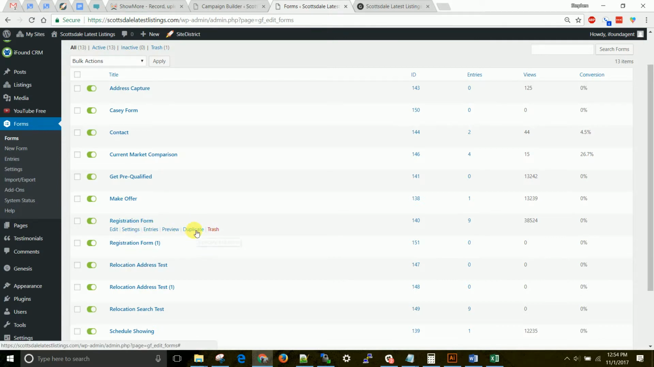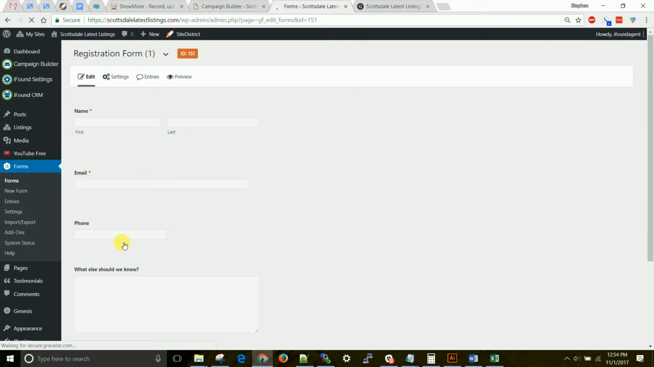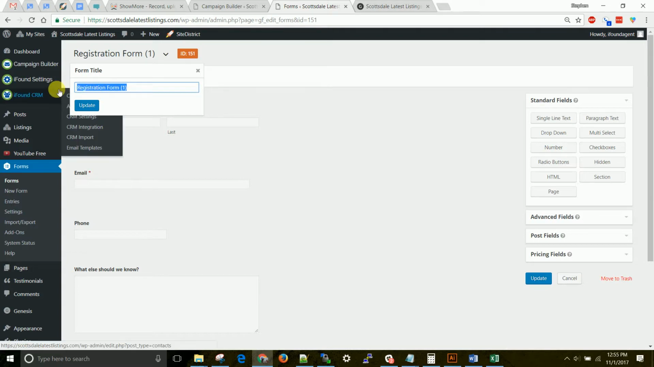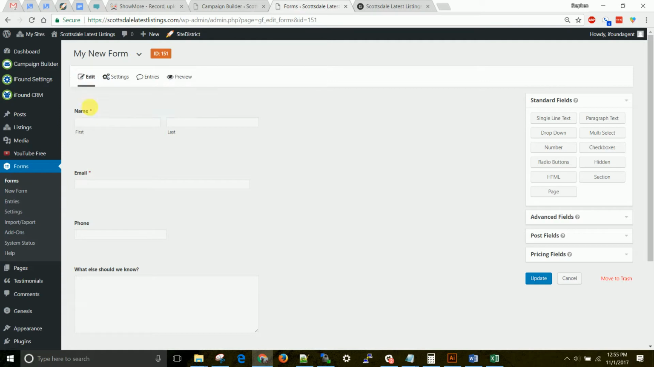So I just hit a duplicate button. That's how it comes up when I hover over this registration form, and it came up with a new one, just registration form 1. So if I want to go ahead and edit this form, I can. If I just click on it, I can change the title by clicking here and just saying my new form. And the reason why I copied it, the most important thing, is just because the fields